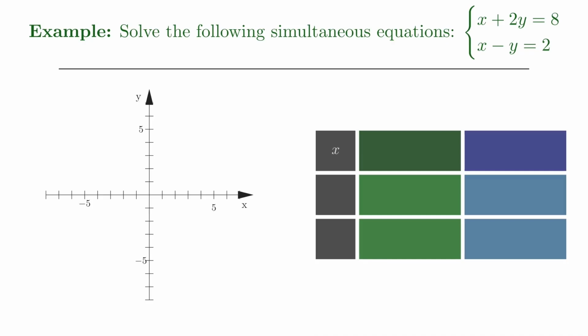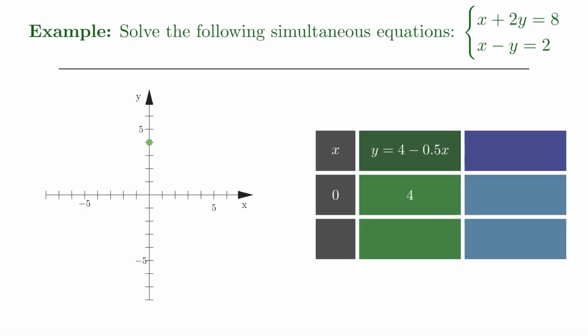So moving the x over to the other side and dividing by 2, I get that y is equal to 4 minus a half x. And then I can substitute in different values for x to find the corresponding y coordinate. So choosing x equals 0, I get that y is equal to 4 minus 0, so y is 4.